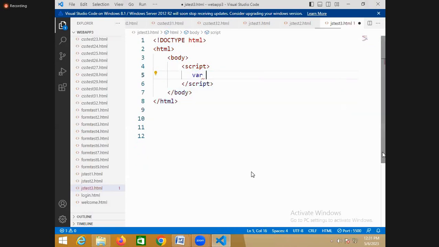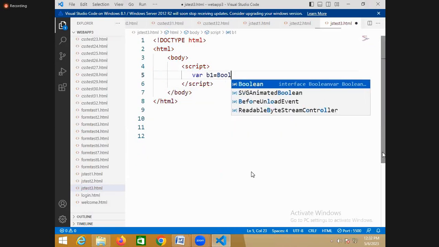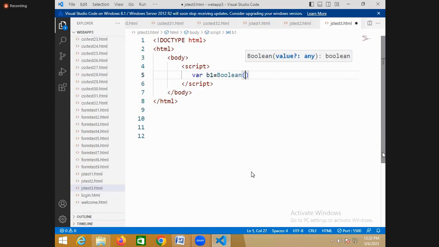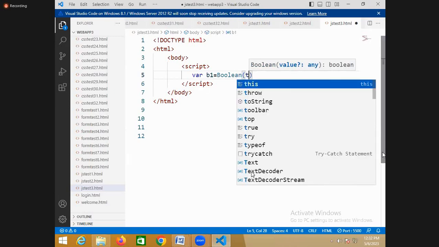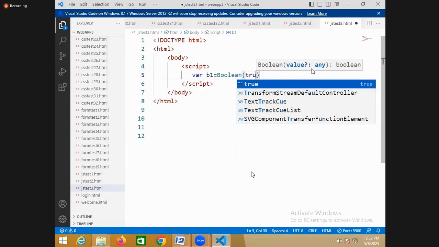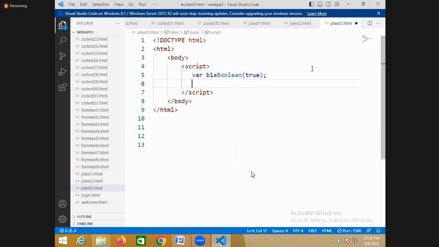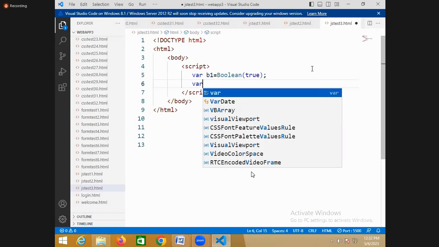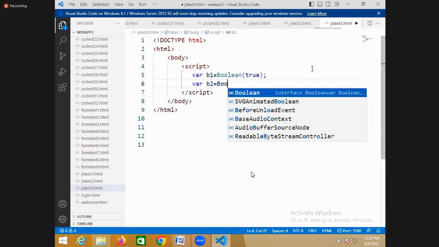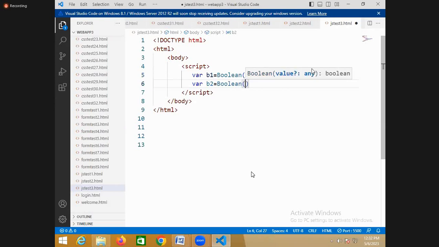You can create a Boolean by saying Boolean of any value. I'm giving it as true. True is already a Boolean value. And there is a variable called B2, and then I'm giving the value as